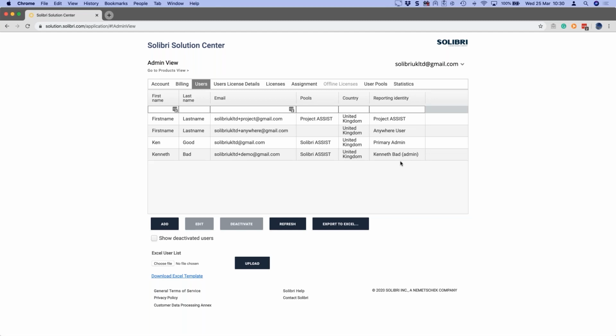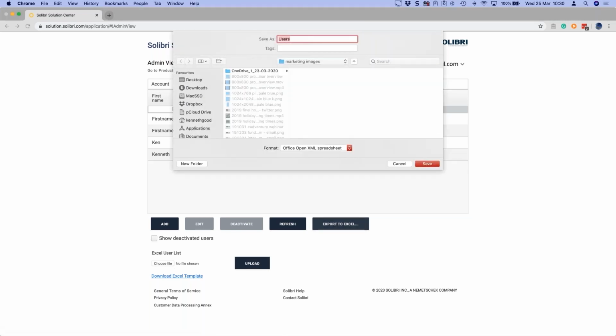The roles are important. The reporting identity, as I say, this bit here, is what shows up within the reports from Solibri. But that effectively is how we add an individual user. However, if you have 20 people to add, or even 5 people to add, that can be a bit of a slow process. So one of the options we have here is to export what we currently have to Excel. So if I put that on my desktop for now, and just call this